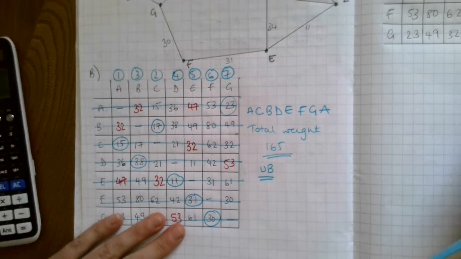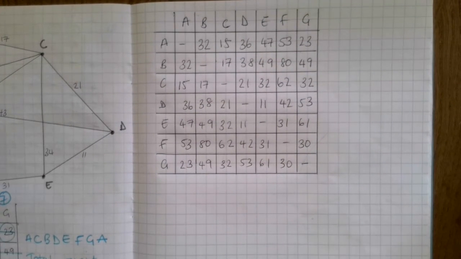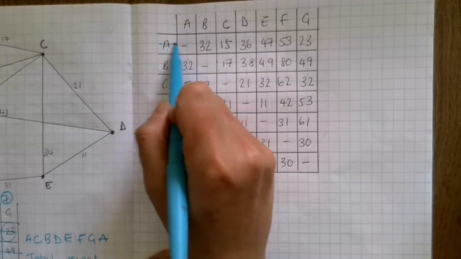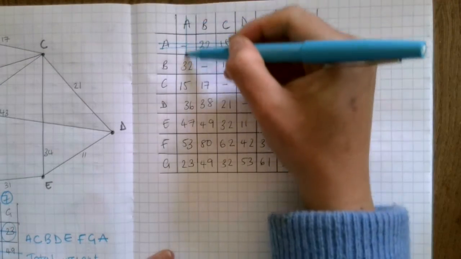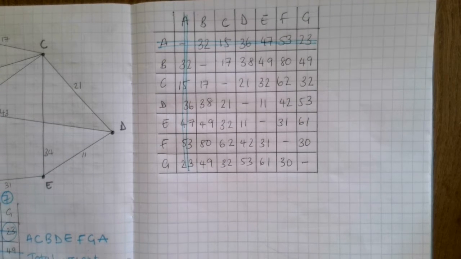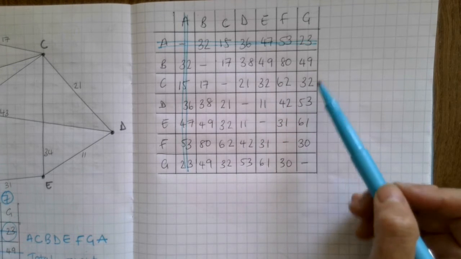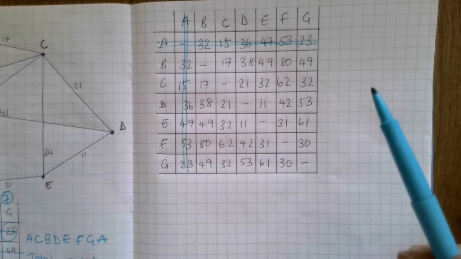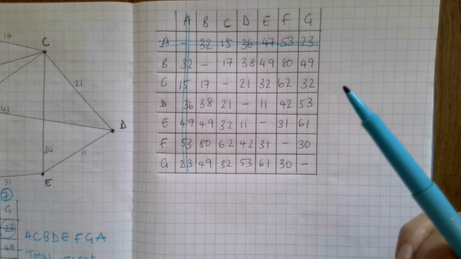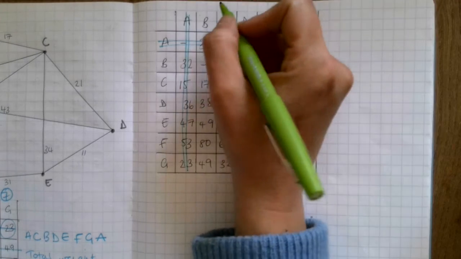And then part C of the question says to delete A and to use the table to find a lower bound. So if I delete A, it's going to just take all of those out and all of those out. So I'm deleting all of the edges that come from A. And then you can either use Prim's or Kruskal's, it doesn't matter, to find a minimum spanning tree that joins the rest of these up. So I'll use Prim's. So it doesn't matter where I start from because minimum spanning trees always end up being the same. So if I start from B,